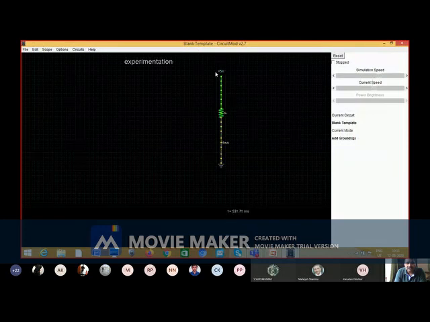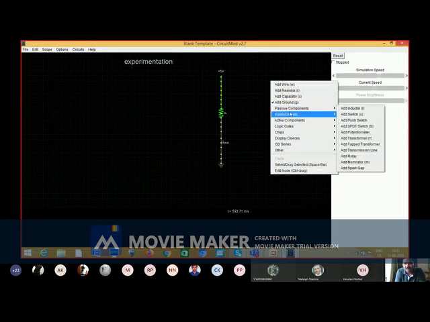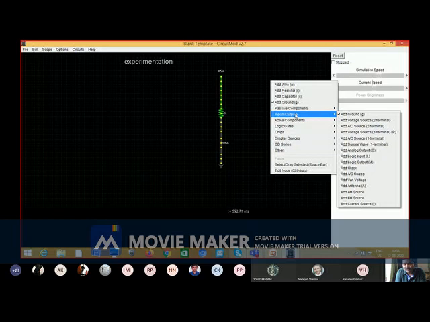Right now, I know this is 5 volt, but you want to use a digital multimeter for showing how much voltage drops across that resistor or particular component. So what you do, go to input and output, correct? And in input and output, you will find various things like analog output, logic input.